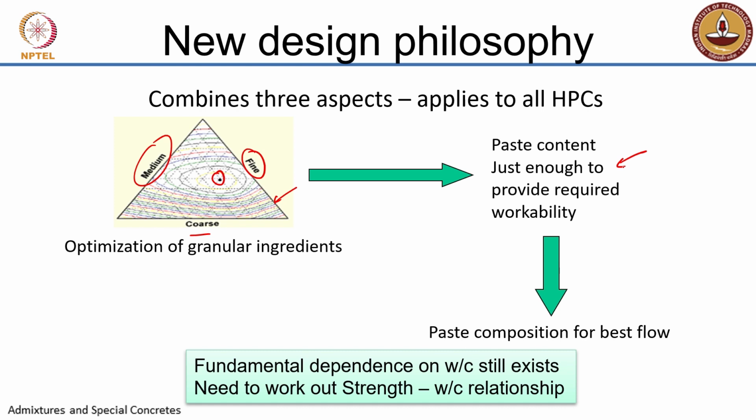Cost. We want to minimize the cost of concrete. So more aggregate means less cost, right? So you want to have maximal aggregate from many perspectives. Now, when we go for higher and higher grades of concrete, you don't have that luxury of putting in a